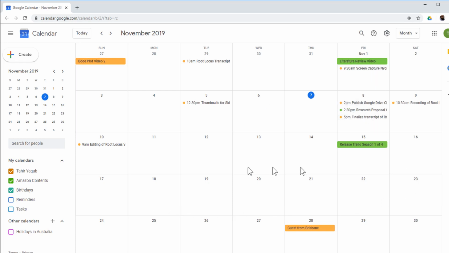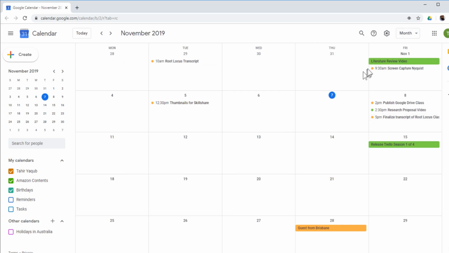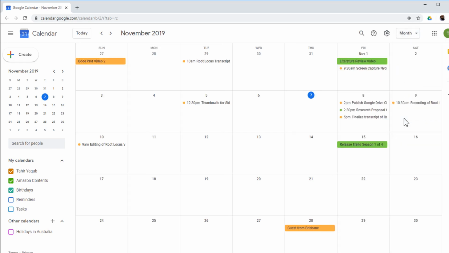So this is the default view, and in this view I have Sunday to Saturday, the complete week. If you don't want to put anything on your calendar for the weekends, then you can click on this and uncheck show weekends, and if I uncheck here, I only have Monday to Friday, and now I get a little bit more space this way, but I don't want this, so I want to include the weekends, so I just check this.